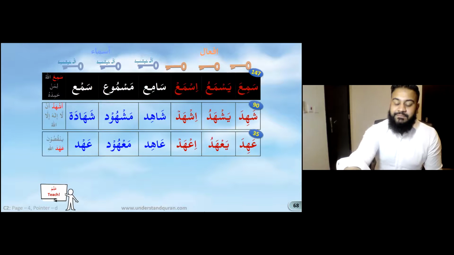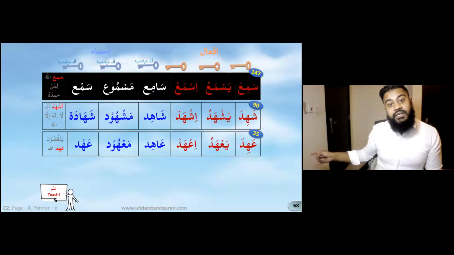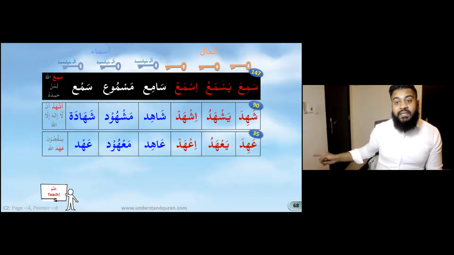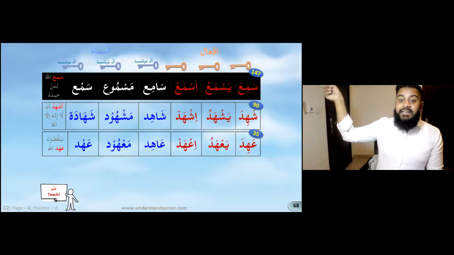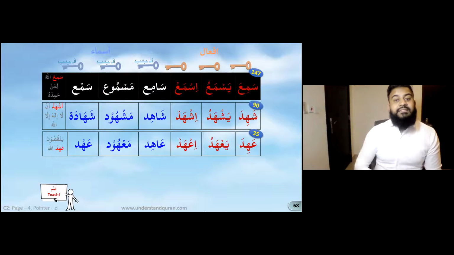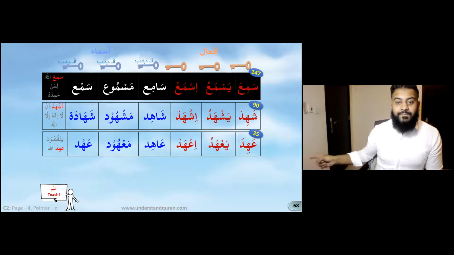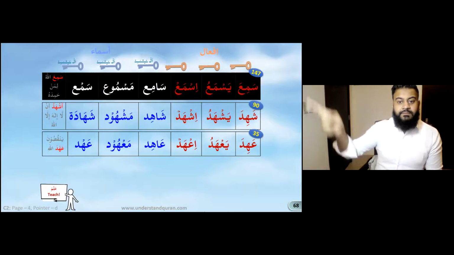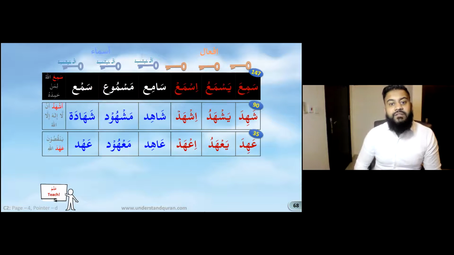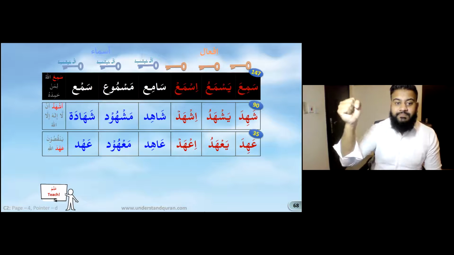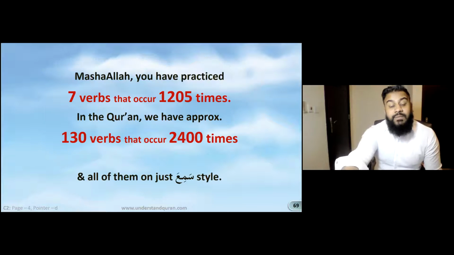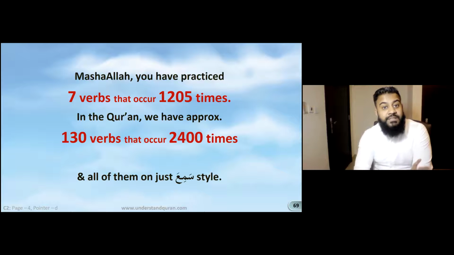Alhamdulillah. Now another word that we have is ahida. Remember what did we say yesterday in the verse, that he made a covenant, right? Ahida means he made a covenant. So we have ahida, yahadu, and ihad. أخذ يأخذ إيخذ. Jazakallah. And the nouns are ahid, ma'hud, and ahad. آخذ مأخوذ أخذ. Alhamdulillah. So alhamdulillah, with the Sami'a form, we've gone over just 7 verbs and the keys, and